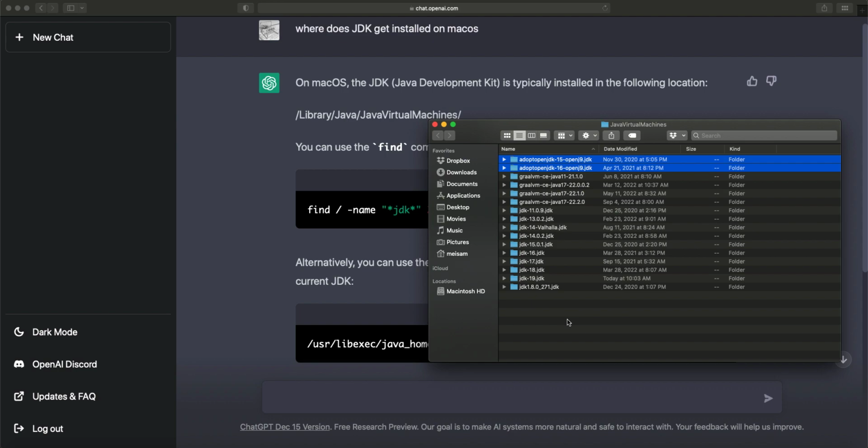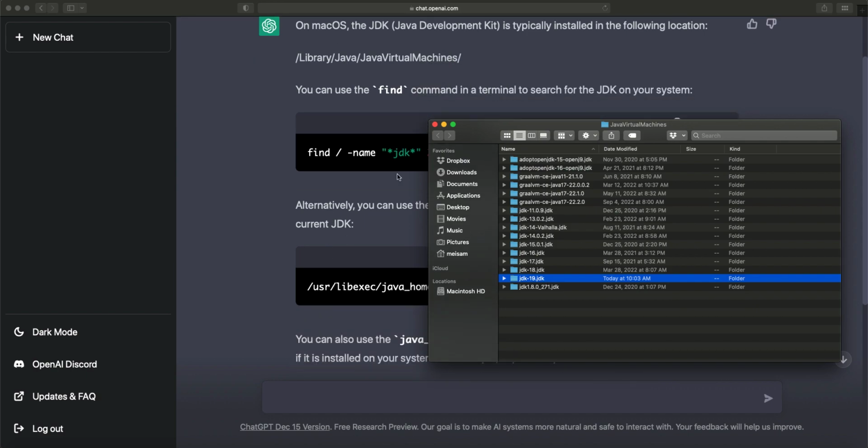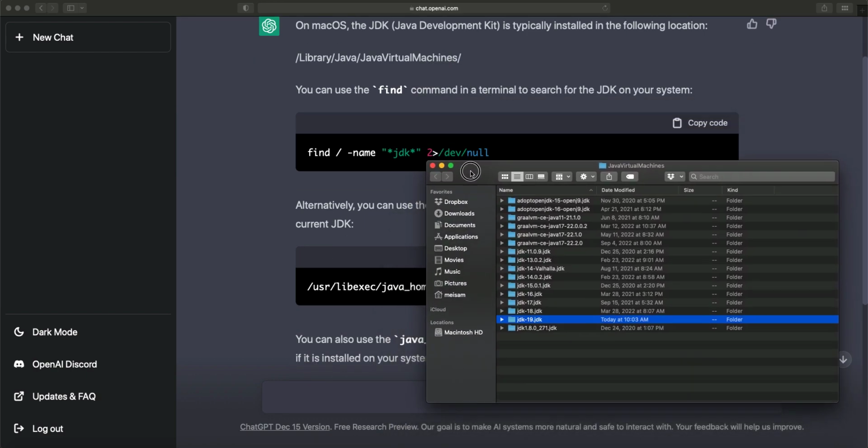I haven't used Amazon Corretto or other types of available binaries for the JDK, but normally these three are the ones that we mainly use. And I just installed JDK 19, and you see JDK 19 went there, so everything is there. Now there is a next step, right? So in the next step,